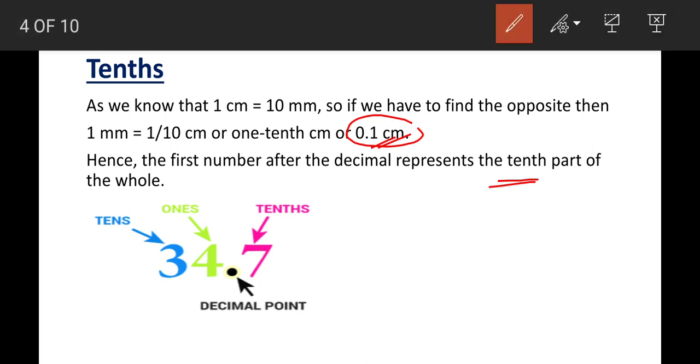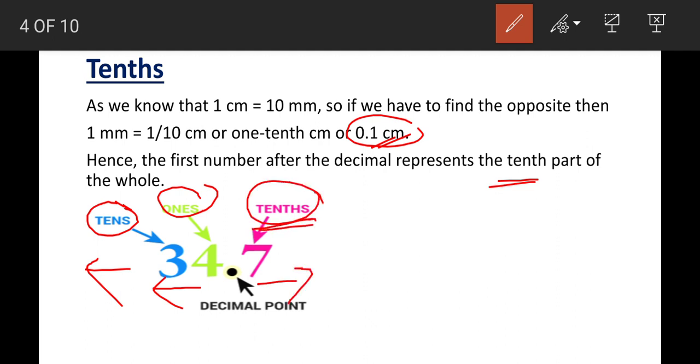Look at this one. Here is 34.7. As you already know, in the Indian place value chart, we go from ones up to crore. Here the first digit to the left side of the decimal point is known as ones place, then it is tens. If we move towards this side, we'll get the place value of each digit, that is 100, 1000, 10,000, then lakh. In this way, if we move toward the right side, the first digit after the decimal point is known as 10th. That means, as you have already discussed, 10th means 1 by 10.